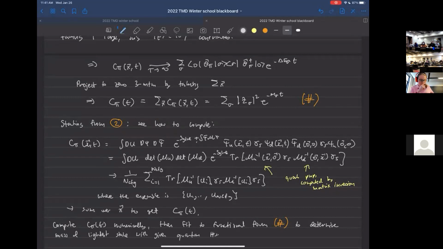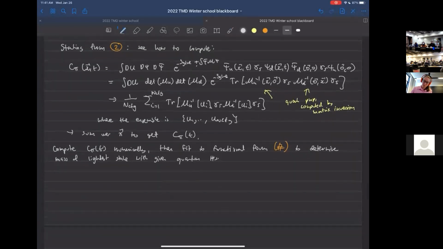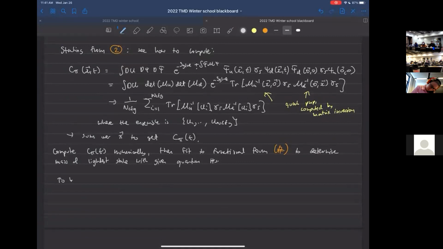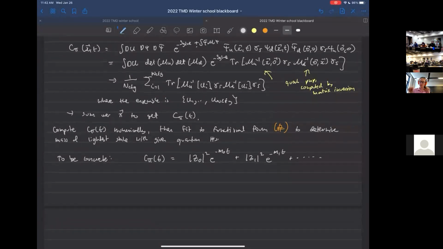Okay, so let's just be a little bit concrete about that. I'm about to scroll this thing off the page, but I'll write it down again in a second. So remember, C pi t looks like this sum over exponentials. So we have some number times e to the minus m naught t, where that m naught is what we want, plus some other number, plus a more damped exponential, because m1 is larger than m naught here. And it's just a sum over